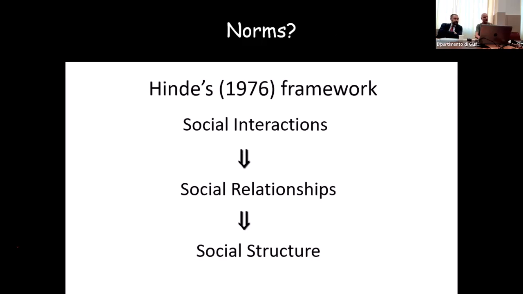So the potential link to the norms is that what I showed you is not going only down, but goes also up. So the social structure constrains the type of social relationships that can be developed in that group. And then for each individual, the type of social relationship that one individual has with another individual constrains somewhat the type of social interaction that they will actually engage in. So the first step, we could imagine an immigrant individual getting to a group that has a particular social structure, and then he has to conform,